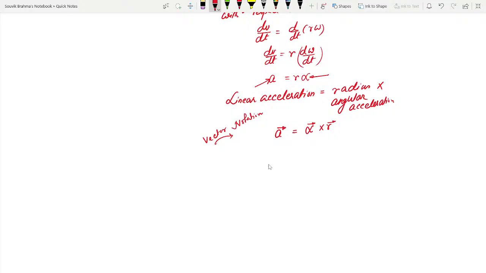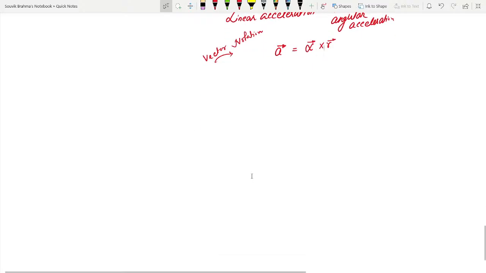So what do you mean by centripetal acceleration? Centripetal means towards the center. The definition of centripetal acceleration: